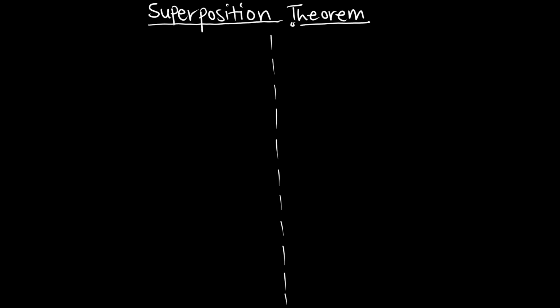In this episode, we are going to talk about the superposition theorem, one of the theorems that help us to analyze current through a particular active element. In the superposition theorem, we are going to have two or more current or voltage sources. And what we are going to do here is, at any particular instant, we are going to have only one